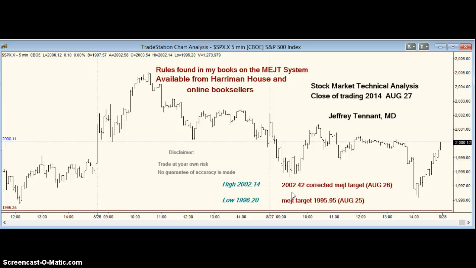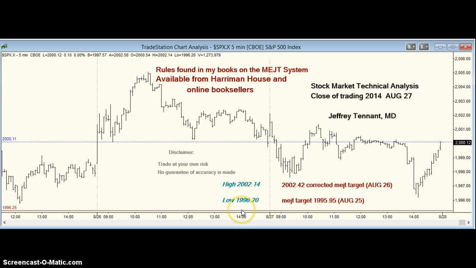The target was 2002.42, and the high for today was 2002.14. That's off by 0.28. That's awfully close, but it's not within the tolerance, so we still have a failed target higher. We have a target from August 25 of